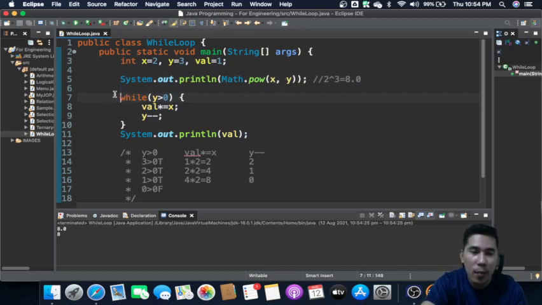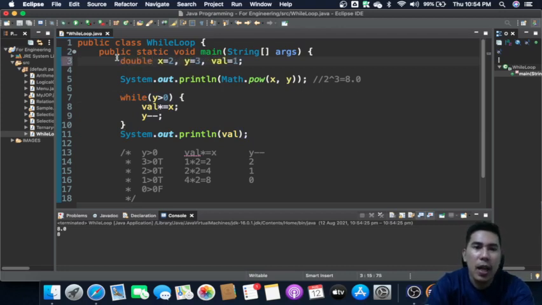So I'm not saying this is the code for math.pow, but it seems it's something that is similar to this one. I mean, if mo na to ni siyang double, that's actually the focus of ADT, no? So this is the abstract POW.